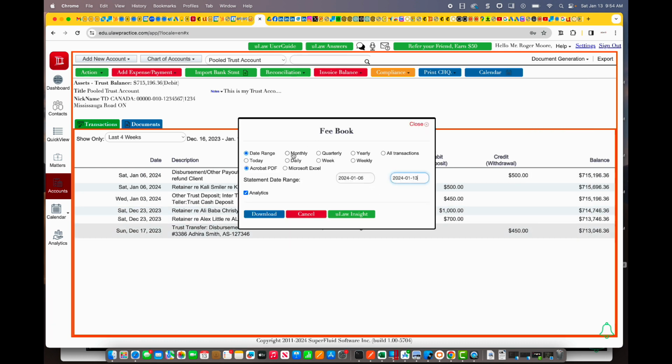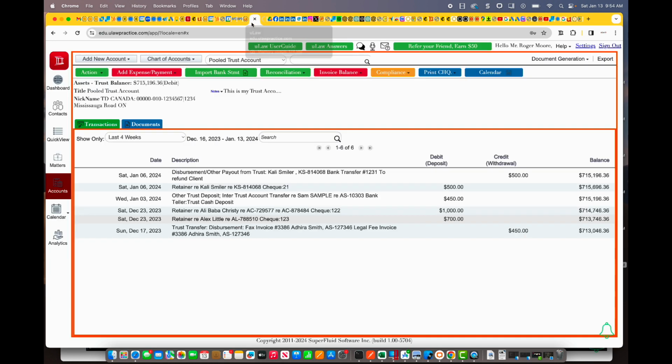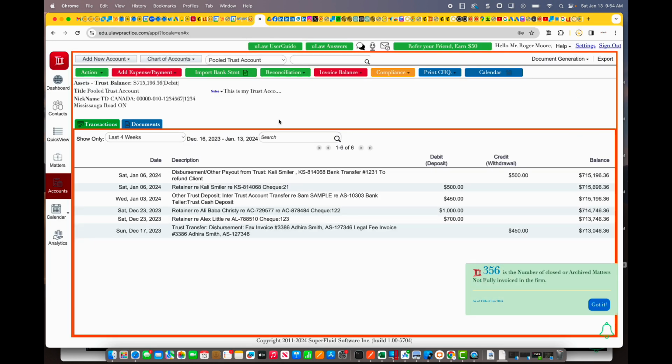Now, FeeBook can be yearly. So you can say, hey, for the year of 2023, can you download me a FeeBook? Now you could do it monthly, quarterly, you could even give a date range. But we allow you to export FeeBook in a PDF or an Excel over this date range. Okay, and I'll show you in a second what the Law Society FeeBook is supposed to explain to you as a